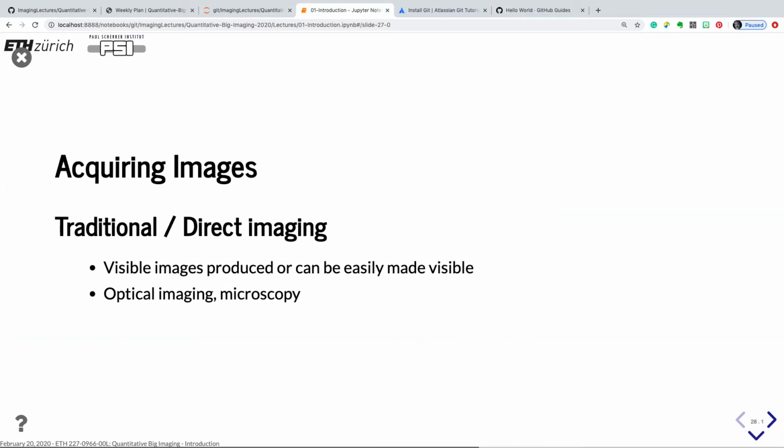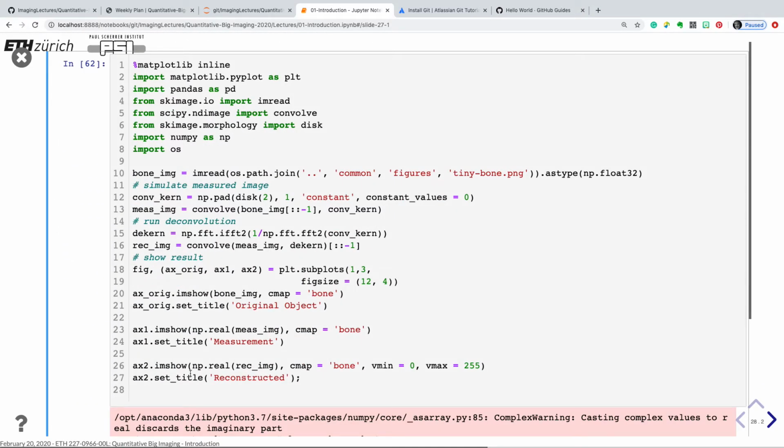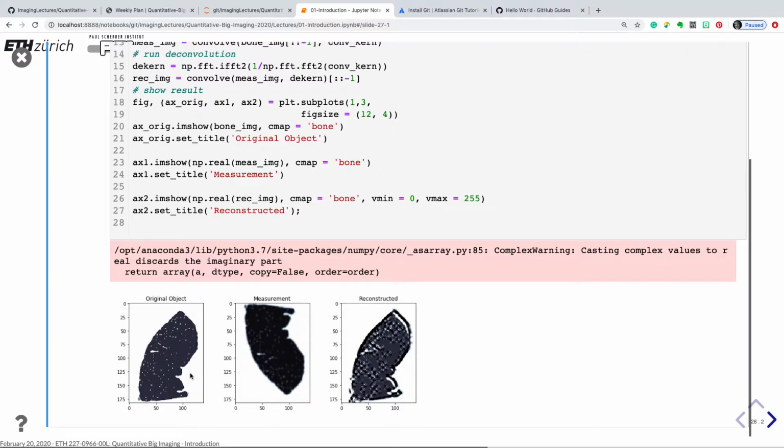Then there are different ways of acquiring the data. You can do it the traditional way, by optical imaging or microscopy, using visible images. Then you can also have a different acquisition system that produces some blurring, and you need to reconstruct the data before you can actually work with it. So you can see here, this one is measured and it's a bit blurred, and you have to do something to the data. In this case, it would be some kind of deconvolution